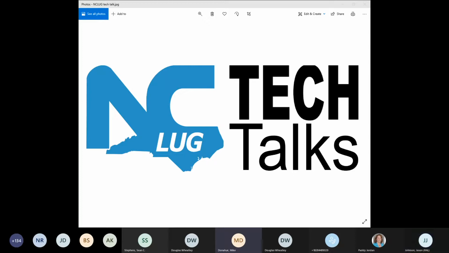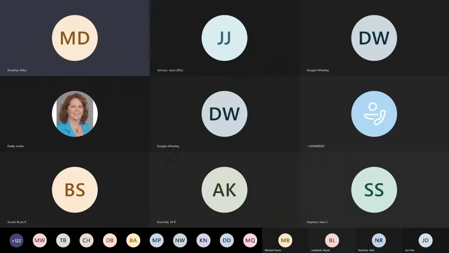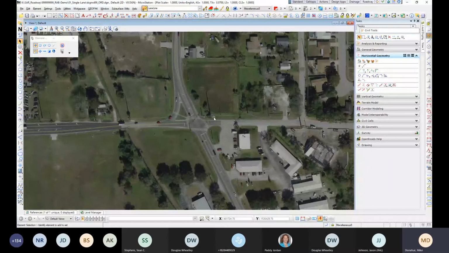Again, my name is Mike Donahue. I am based out of the Sarasota office of Kimley-Horn and Associates in sunny Florida. And today I'm going to do a demonstration of roundabout layout. I know in the Tech Talk narrative, it said it was going to be a single lane roundabout. I decided to go ahead and try and do partial 2-lane, so a 2x1 roundabout, just to further demonstrate the